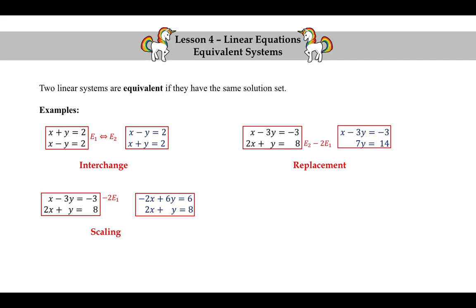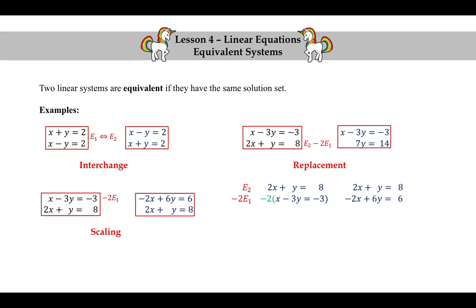In this case, what we did to get from the first system to the second system is we replaced the second equation by a new equation by taking equation 2 minus 2 times equation 1. Let's see the details. So equation 2 is 2x plus y equals 8. Negative 2 times equation 1 is negative 2 times x minus 3y equals negative 3, which after distributing, we get